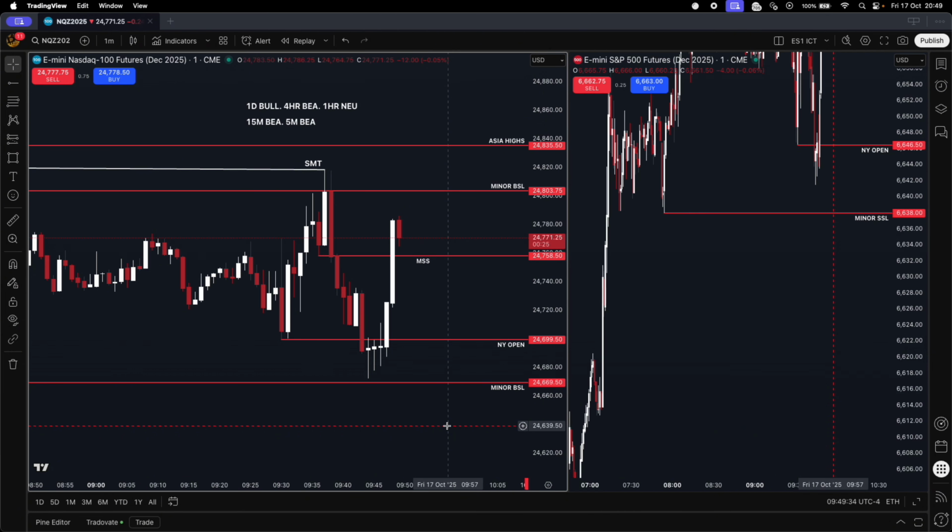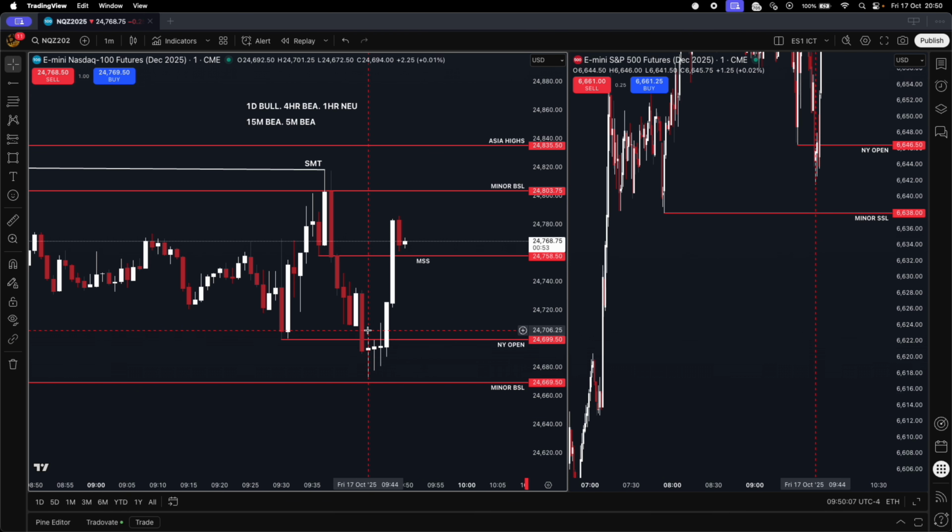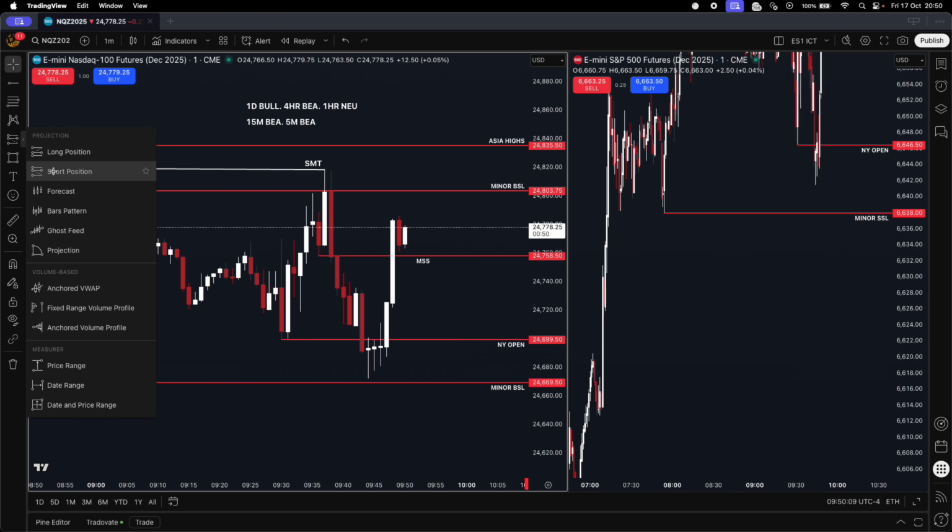Our breaker block in the candle where you marked out the market structure shift, correct? Would you still enter off the first fair value gap, not the upper fair value gap? I don't understand your question. Are you asking if I would take a trade as a short now? Oh, okay, misunderstanding. Let me try to understand this. Oh, okay, so we're thinking hypothetically: if this trade was valid, would I take this short? Okay, all right, good question, let's see.